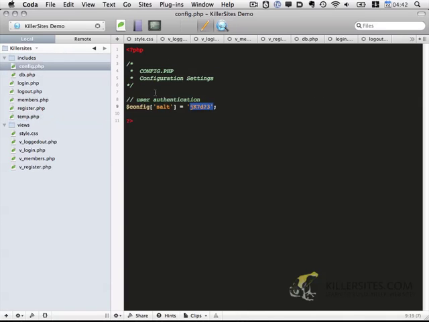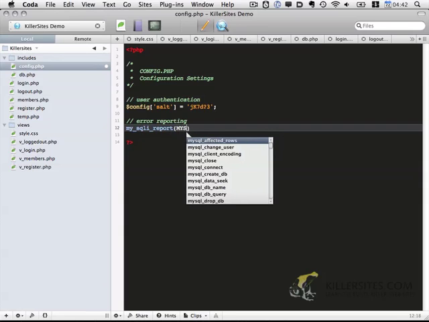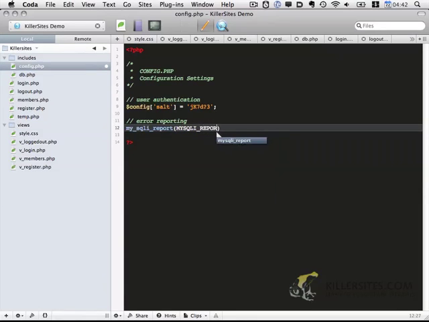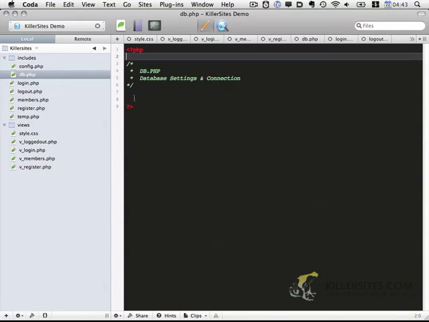So I'm going to go back to config. So we have set up this salt. The other thing I'm going to do is set up error reporting, and I'm going to set up MySQLi error reporting. Like so. This line you'd probably want to remove once the site goes live, but it helps for testing purposes in case you have errors in your MySQLi code. So that's the end of our config file, and the last thing for this part of the tutorial is to go to the database.php file,